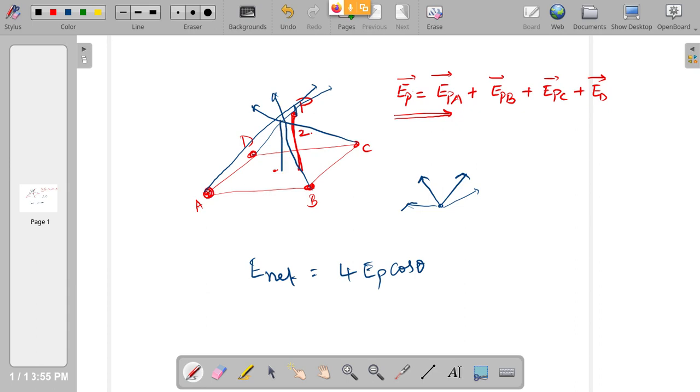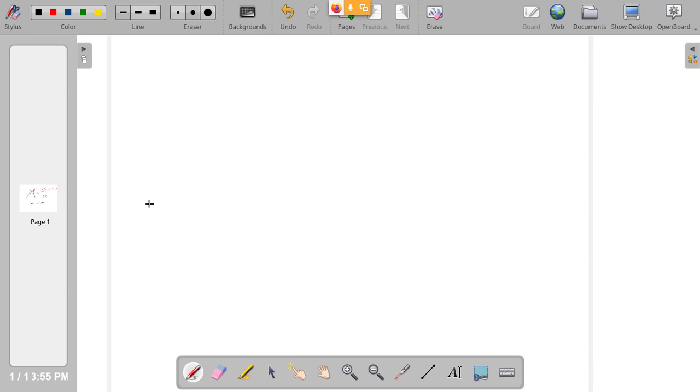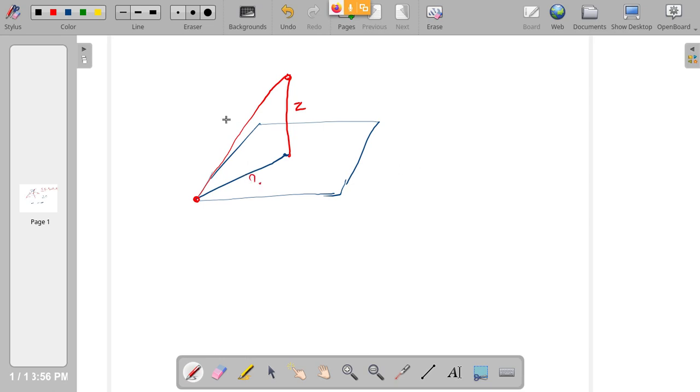Remember this. Your distance calculation from the charge to the point you have to calculate, right? So basically you have the square on a plane. Yes, the square, this is the plane. Now this distance, and then from there you go up. This distance. Now the charge is here. So what is the connection between this charge and the point? This distance. So first this is Z. What is this value? Then only you will get your R.